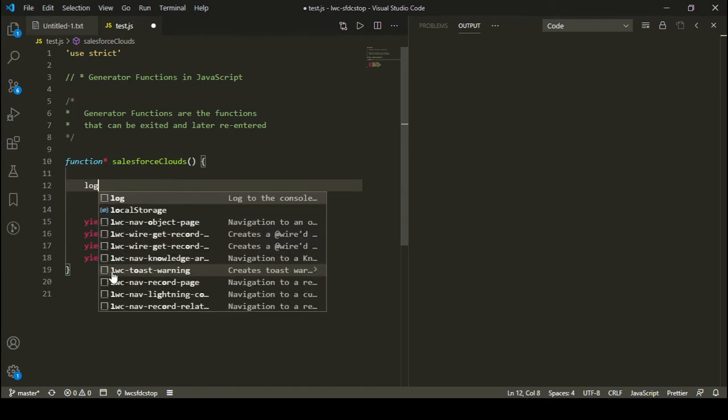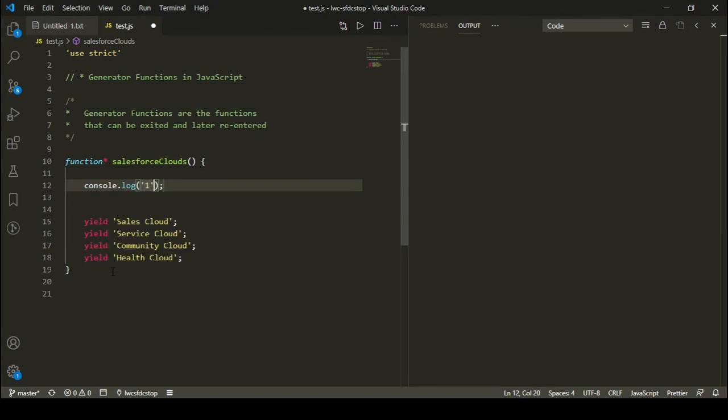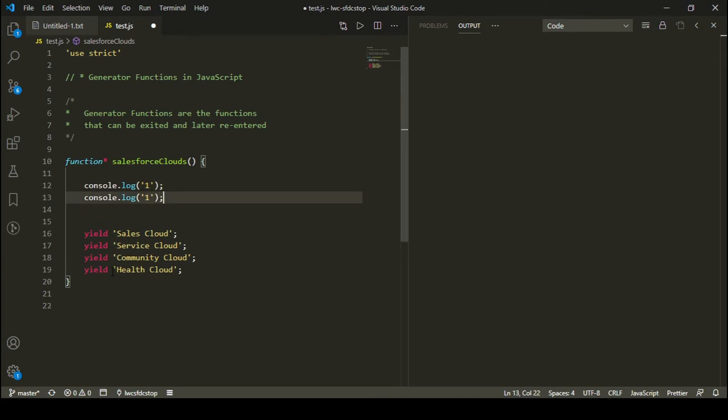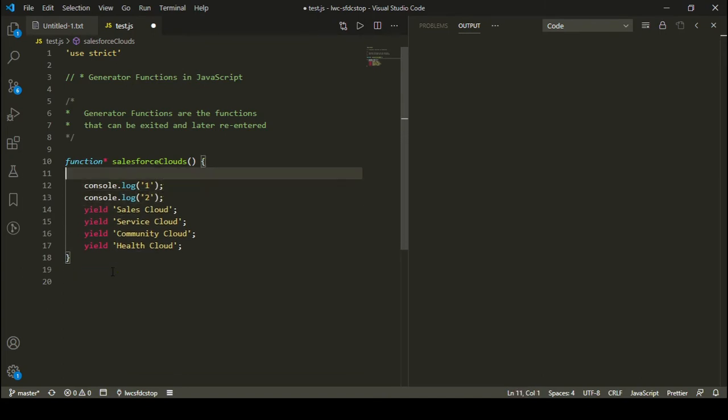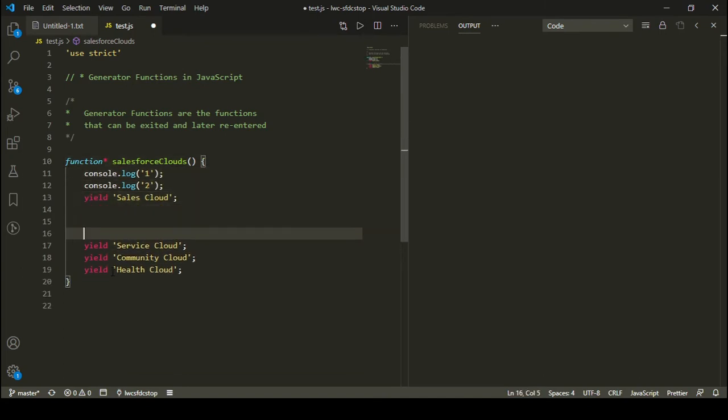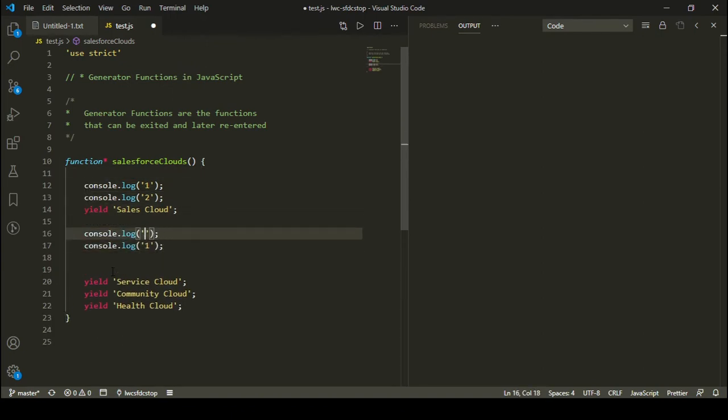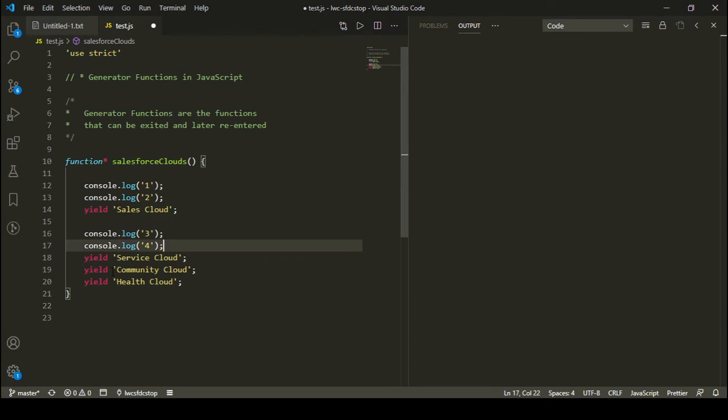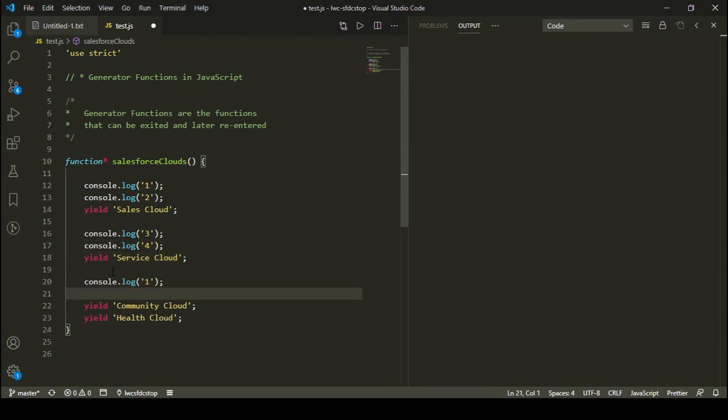So let's say I am having a console.log which is saying 1, right? And it is saying 2. So 1, 2, and then after this we have the first checkpoint, and then we have, let's say, 3 and 4, and then the second checkpoint. After that, we have, let's say, 5 and 6, and then the third checkpoint.